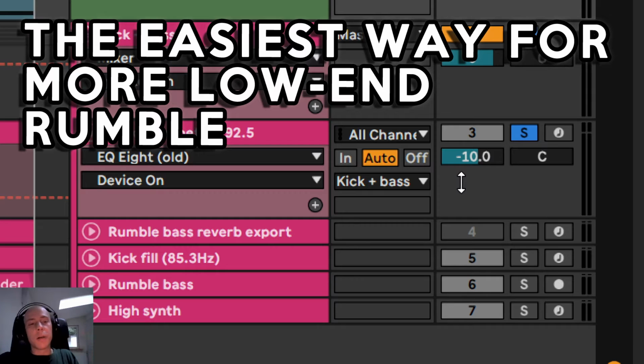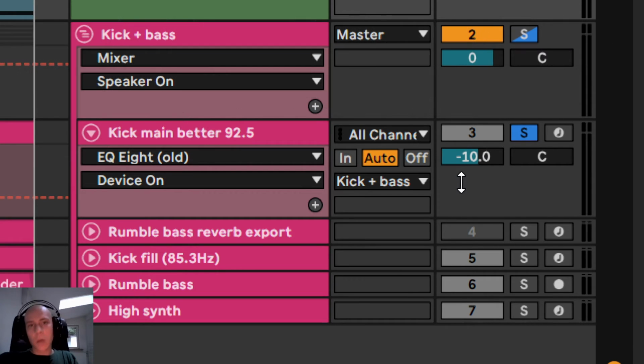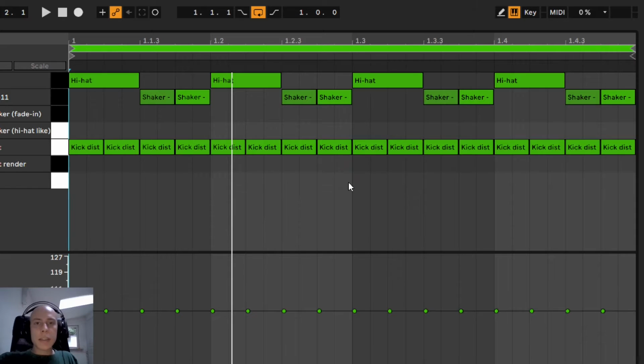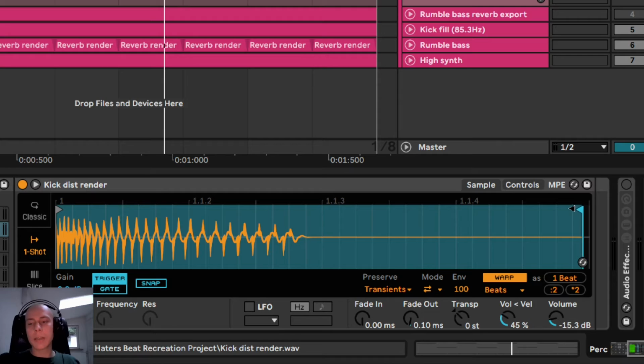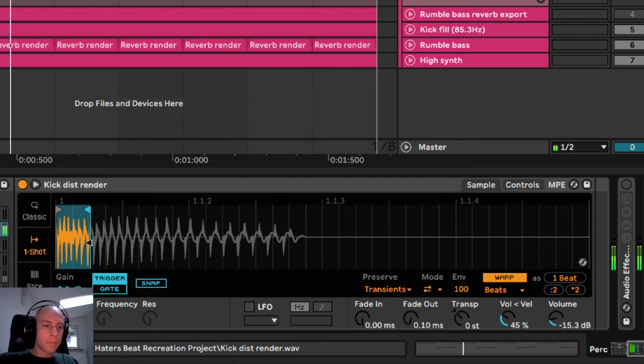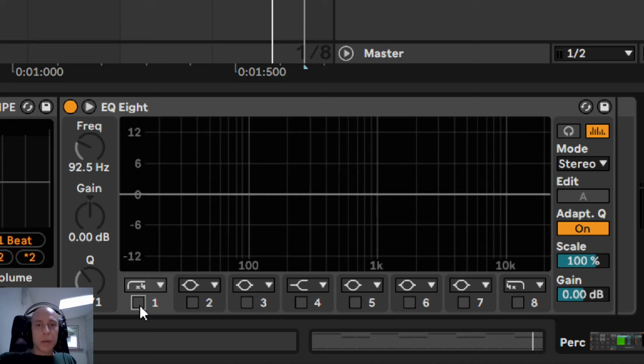Now I shall spoil you the secret of making that low end much more groovy in an easy way. Do you remember that distorted kick sound? We want to export that. For this exported kick drum I will draw another rhythm in the same MIDI clip. But first I will trim this sample to make it much shorter. But the most important thing will be done inside an equalizer again.